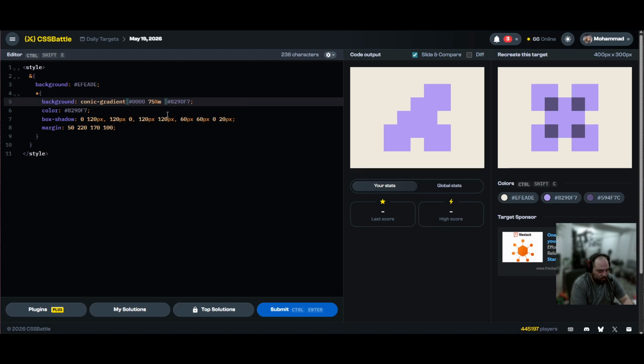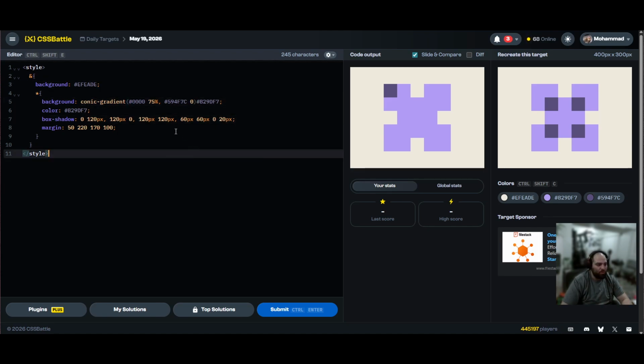75%, this color, 0. Okay, and no, what if we do, it's not where, how would I do this? Hmm. I could. I think our original. Yeah. I really wanted to do this with alpha. I think the original approach would be kind of